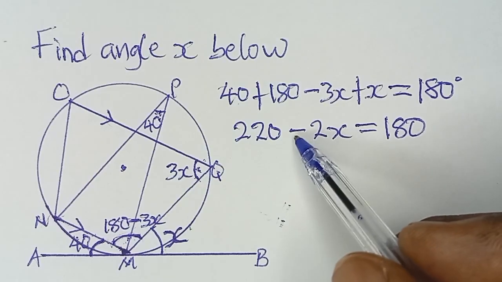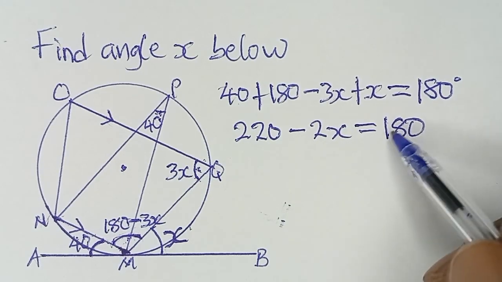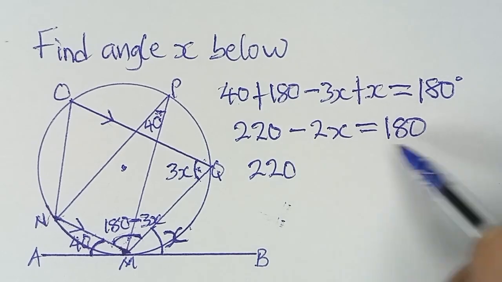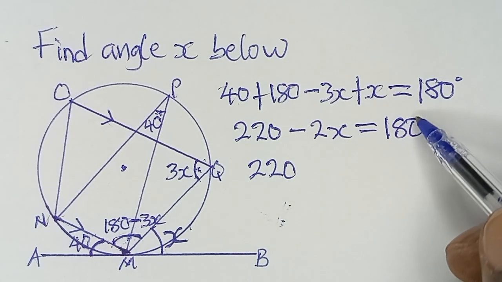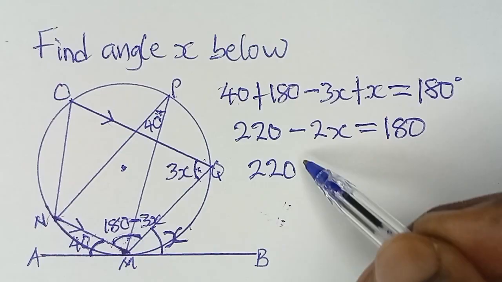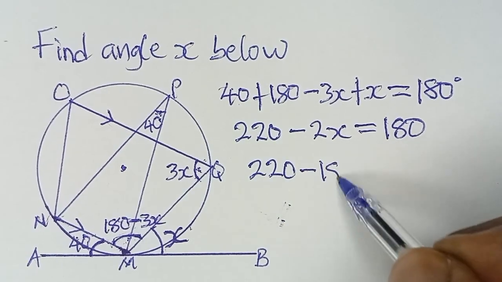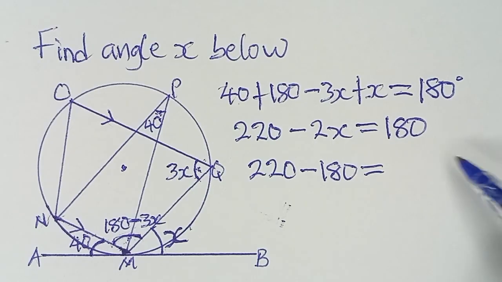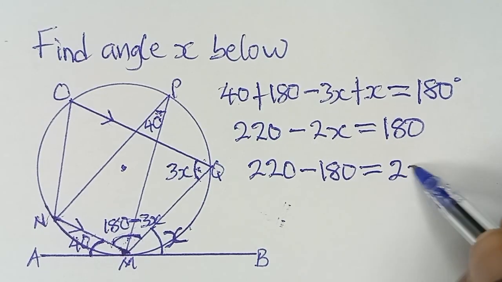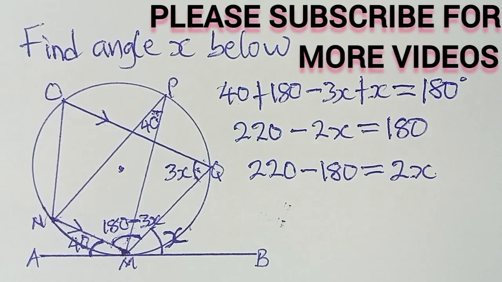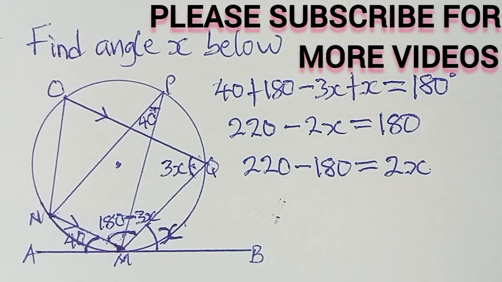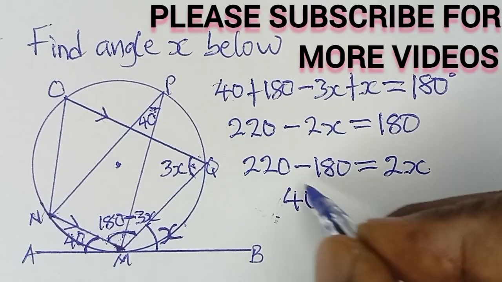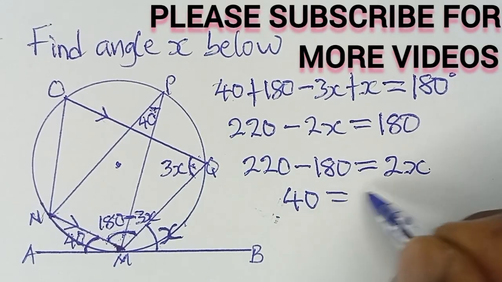So now let me take this negative 2x to that side and bring 180 to this side. So 220 is already here. When this 180, which is positive here, comes to the left hand side, it becomes negative 180. And that is equal to, when this negative 2x crosses to the right hand side, it becomes positive 2x. So now I can continue and say 220 minus 180 will give us 40, is equal to